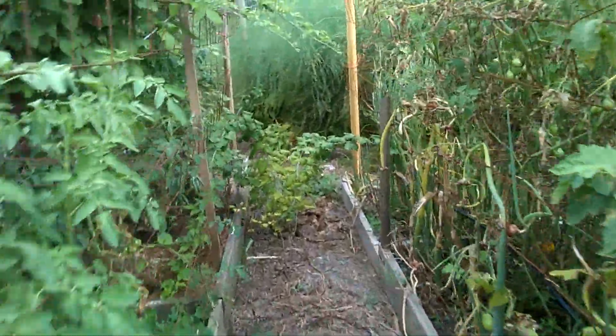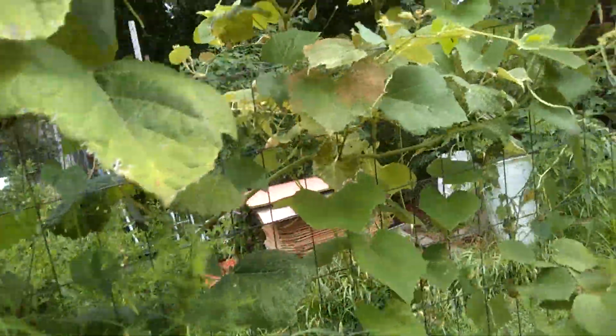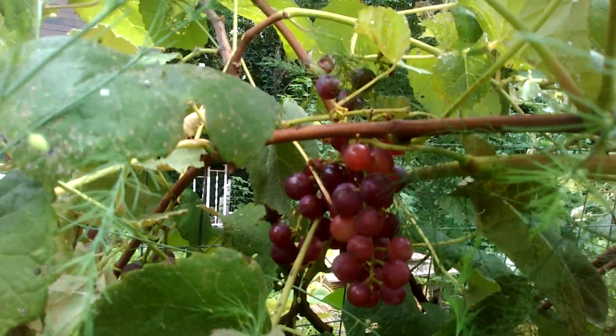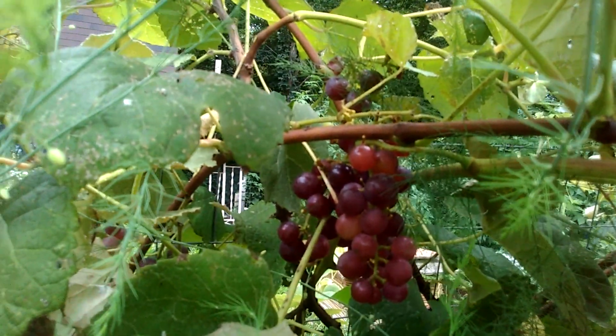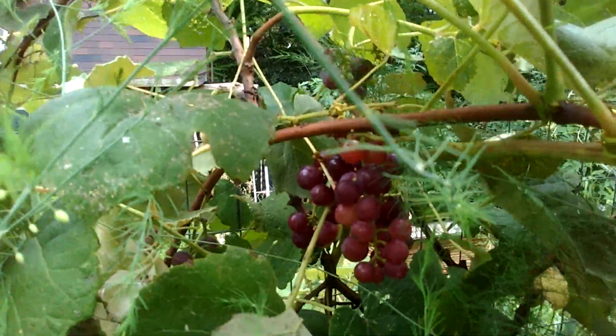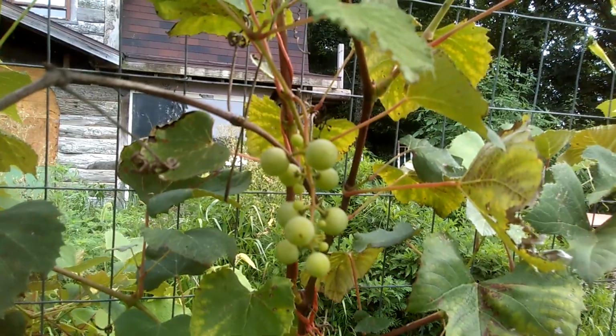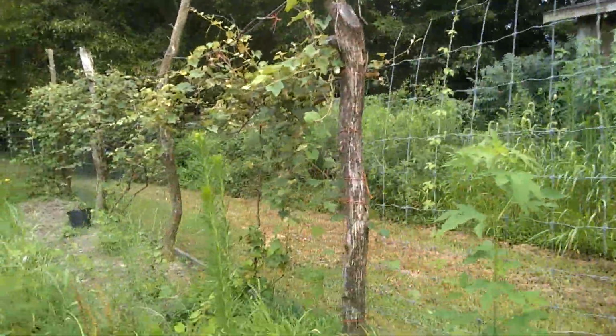Let's go down here. I got to remove some black raspberry plants from this walkway. Some grapes have ripened. Only a few on this plant, but very, very good flavor. I haven't had grapes since I was a child. I don't like the old store-bought ones. Still waiting on a few more Concords here. And later,